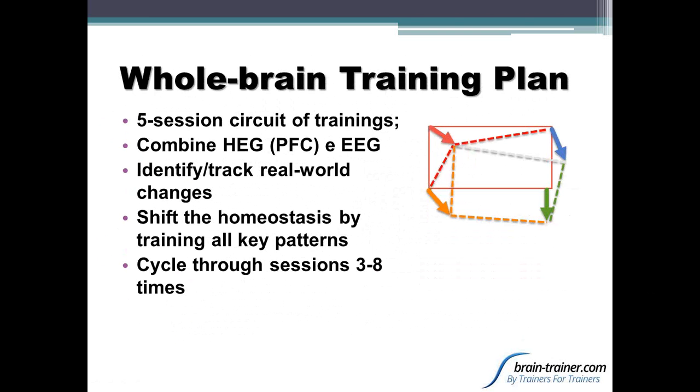So let me talk real quickly about the idea of the whole brain training plan as opposed to Z-score. Both of us are saying there is a homeostasis here. So you're not going to move, in most cases, a homeostasis very efficiently by grabbing one thing and pulling or pushing on that. The idea of the whole brain training plan is that there is a circuit of 5 sessions,